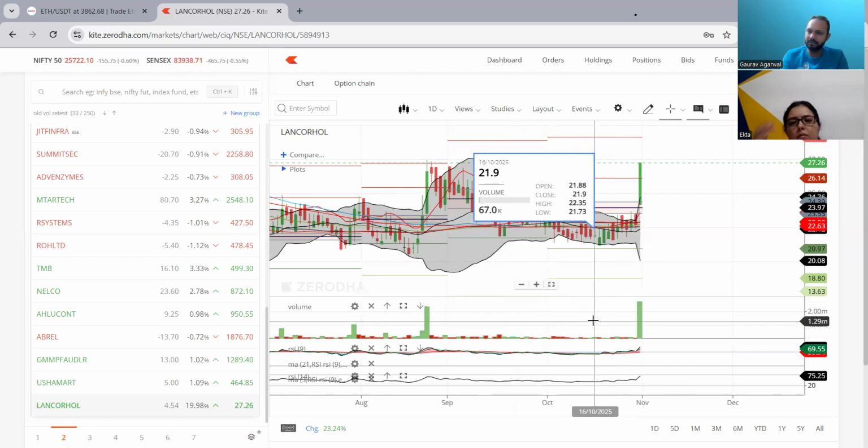Fine. So I have created a scanner and from that scanner every time I filter 10 or 15